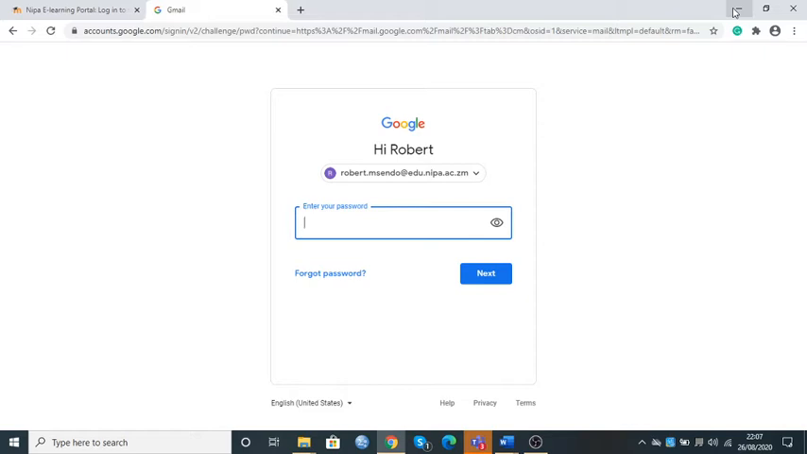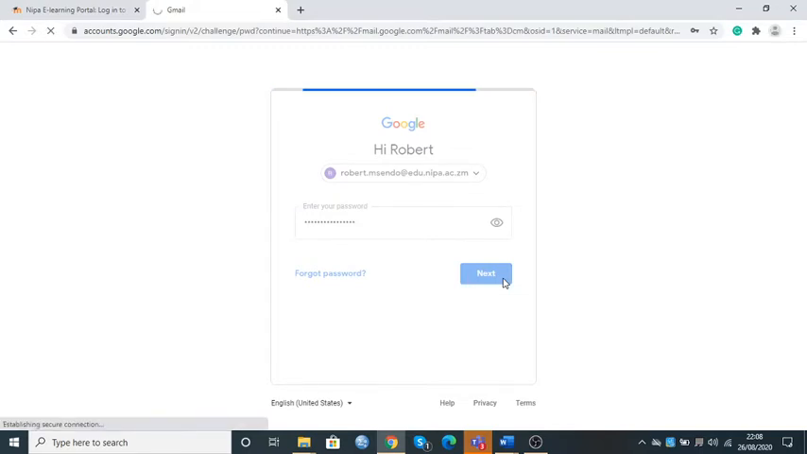So to start this particular task, you go to your Gmail, enter the email address that NIPA has created for you, and you also enter your password. Right? Now, once you enter your password, the other thing that I want to quickly mention again is that